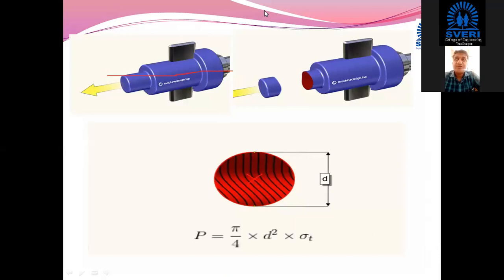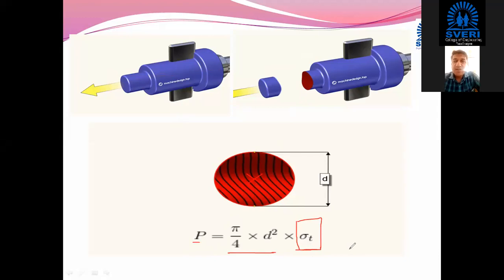Here, as we have seen right now in the animation, the failure is going to take place under the tensile load, and this area which is undergoing the tensile load is going to resist the tensile stresses which are generated here. So P is equal to pi by 4 d square, that is the area. Force is equal to area multiplied by stress. This stress value later on we will take from the statement which will be given for the solving of problems.